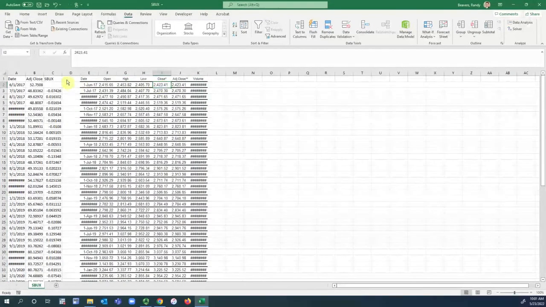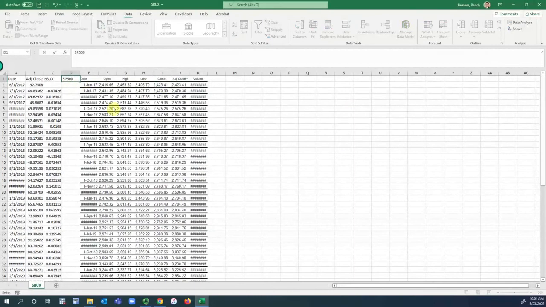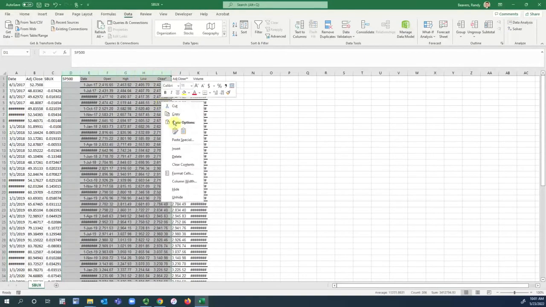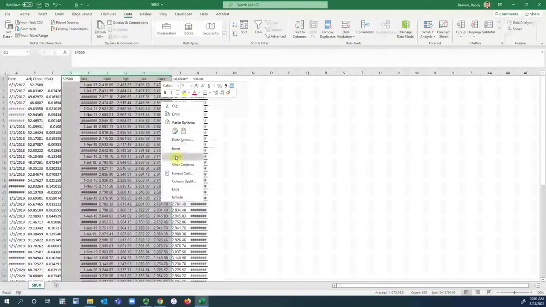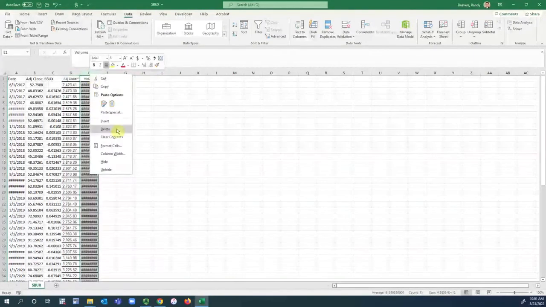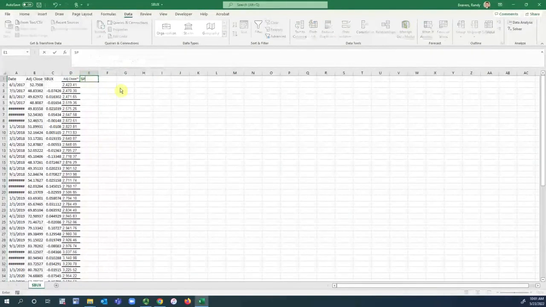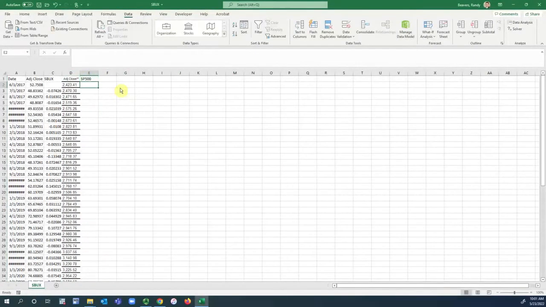And then now we'll take this data. This will be the S&P 500, and this will be their adjusted close. So actually, what I'm going to do is just get rid of these. Delete that. This, and then now this will be SP 500, and I'll copy this same formula over,